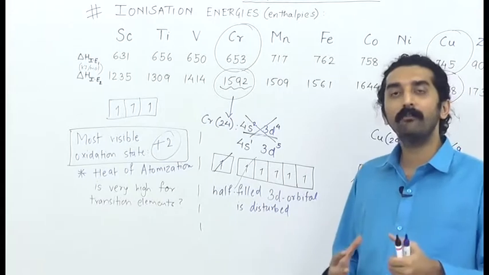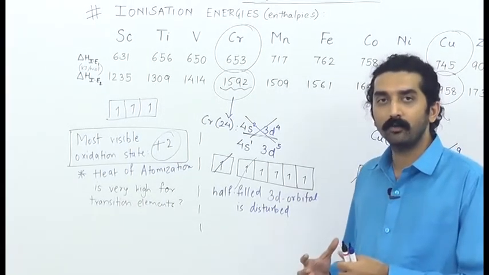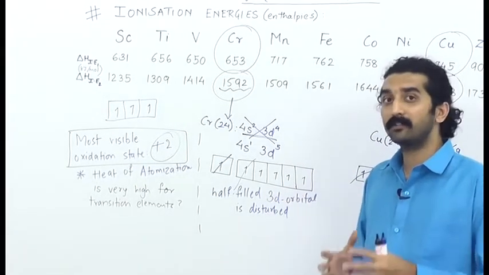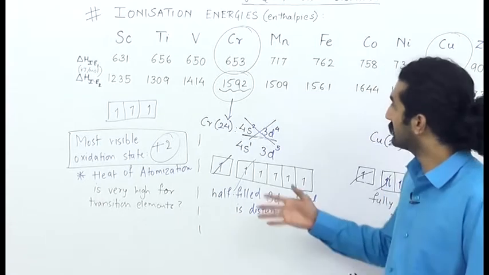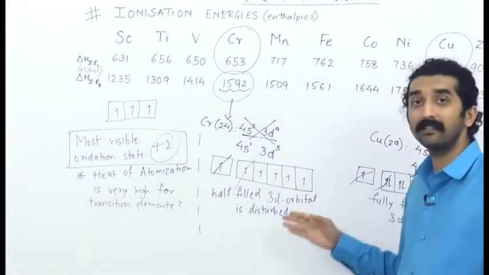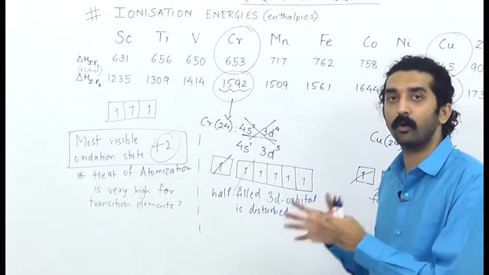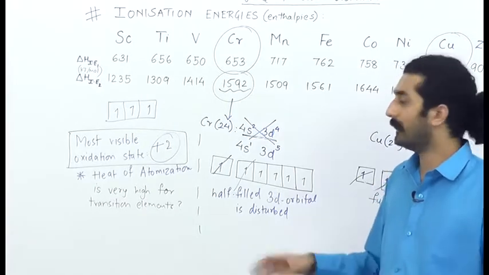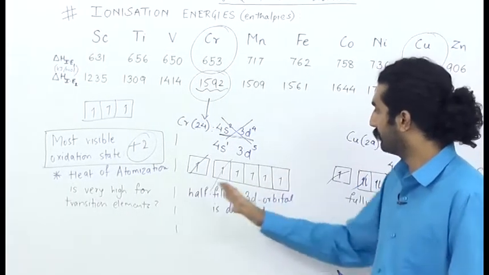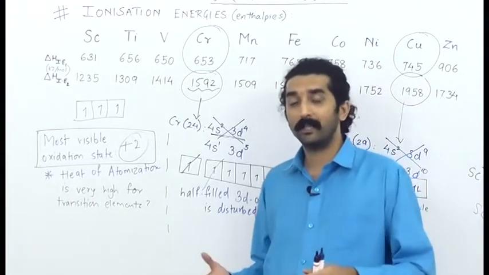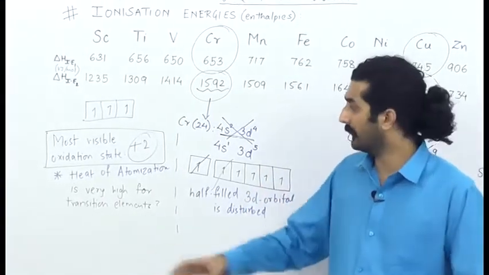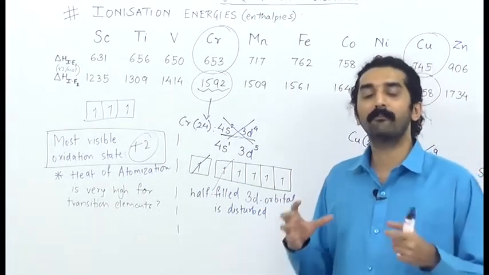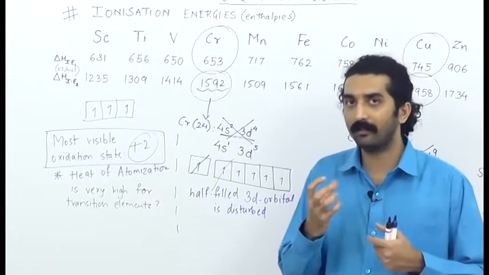Now if you have more unpaired electrons, the transition elements, this particular block here, has a large number of unpaired electrons, right? As you can see in the example of chromium here, it has 6 unpaired electrons in its most normal atomic state, which is this. We already learned the reason why this one electron here jumps here to make the half filled 3d orbital so that it can become more stable. But the reason behind high heat of atomization is that these unpaired electrons have very strong interatomic attractions, right?